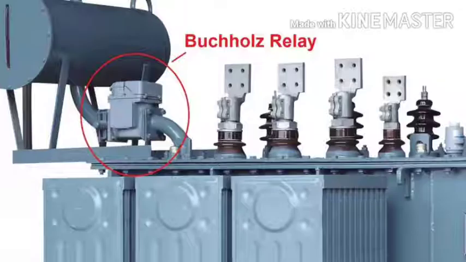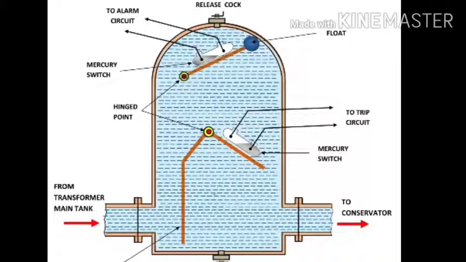Power transformers are equipped with several protection systems. They include the Buchholz relay, which is protection that detects only internal faults. What is the Buchholz relay? The Buchholz relay is a safety device generally used in large oil-immersed transformers rated more than 500 kVA. It is an oil and gas actuated protection relay.